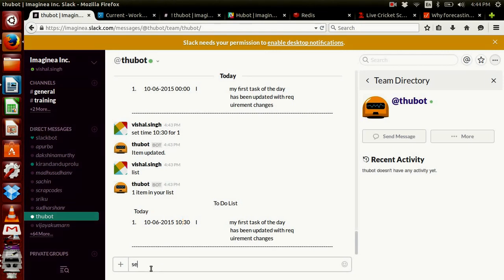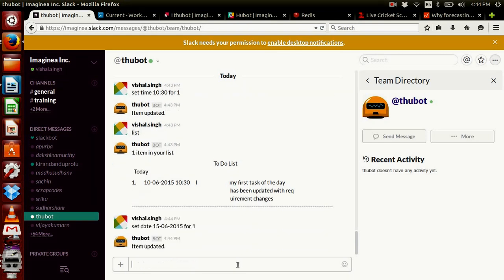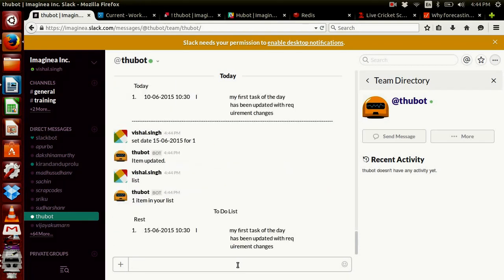Let me update this with 15th of June. Set date 15/06/2015 for 1. Now let's see the change. Yes, we have updated task number 1 with date 15th June 2015.